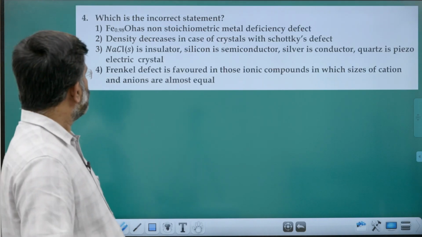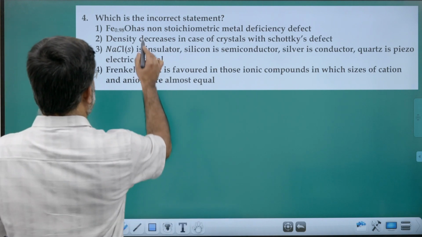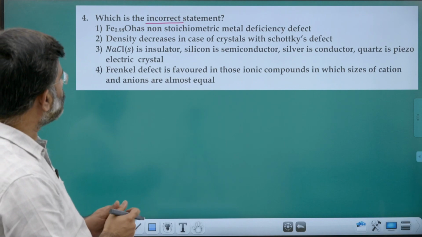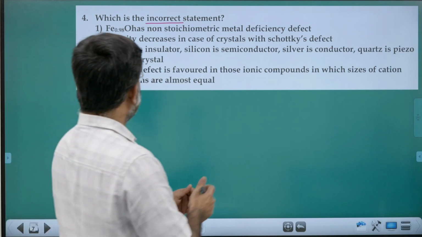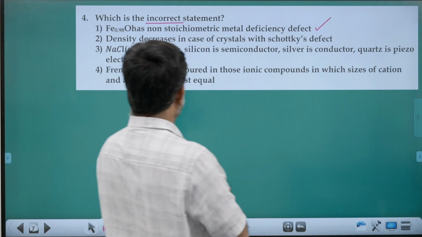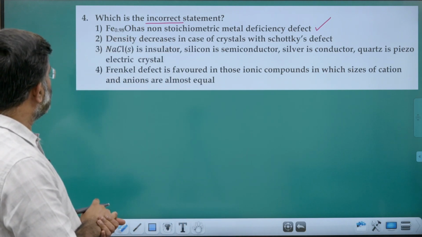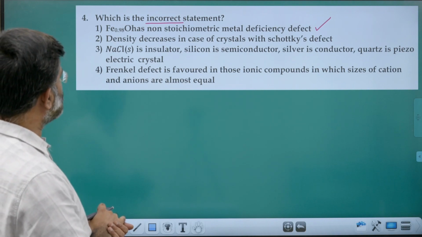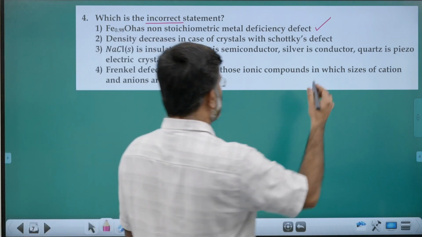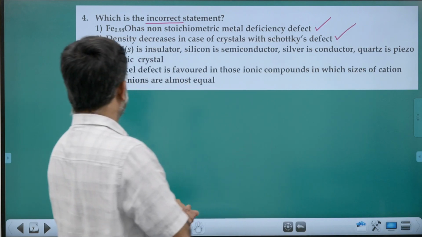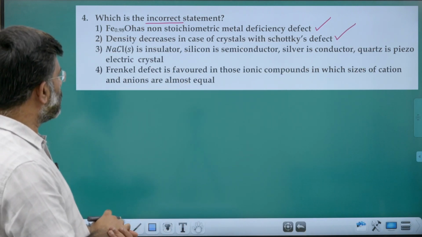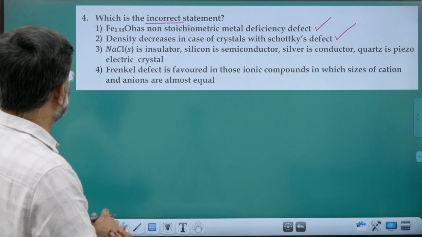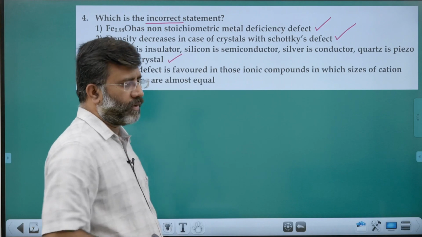Next one, which is the incorrect statement. Option A is a correct statement, that is a metal deficiency defect. Option 2, density decreases in case of crystals with the Schottky defect. Just now we have commented, true statement. NaCl, insulator; silicon, semiconductor; silver, conductor; quartz, piezoelectric. True statement. All of you know,